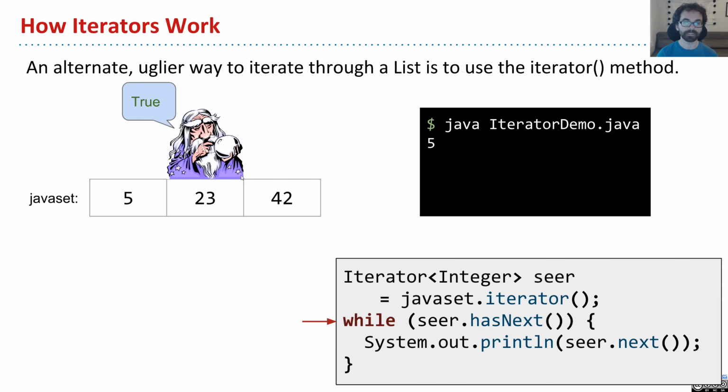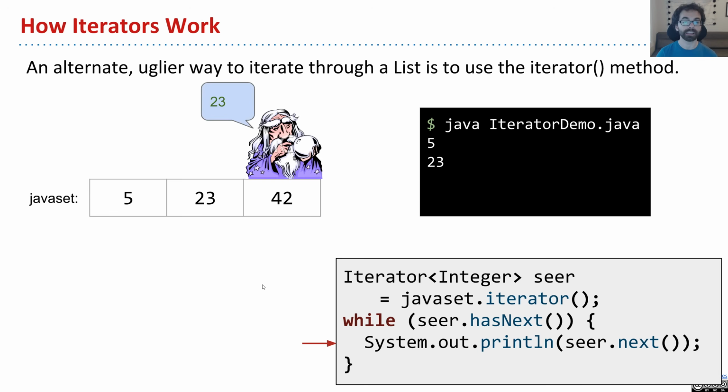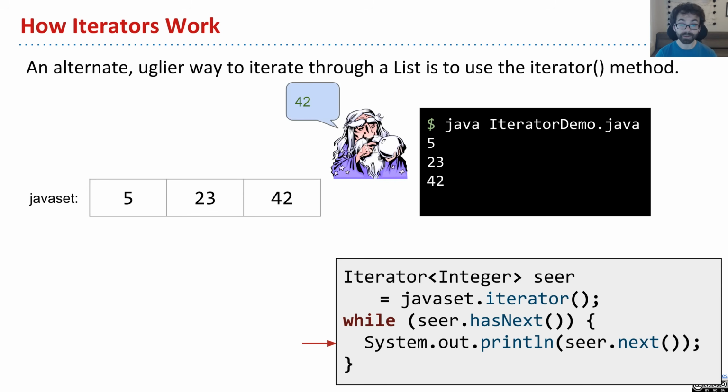At this point, we ask the seer, is there more? The seer says, yes, here it is. So I say, okay, wizard, please give me that value. And he yells 23 and takes the step forward. Now, at long last, we are at the end of the set. So we ask the wizard, is there something else? He says yes. We ask for that value, and he steps off the end of our array